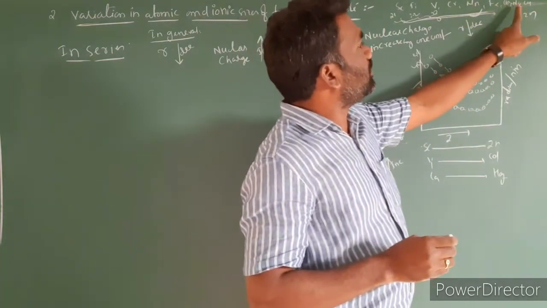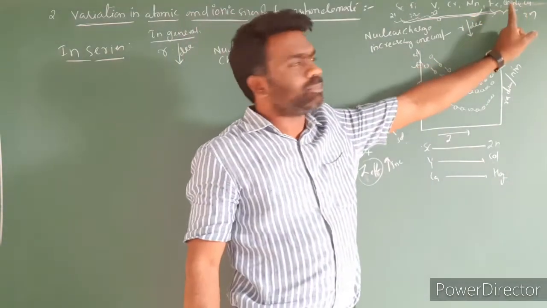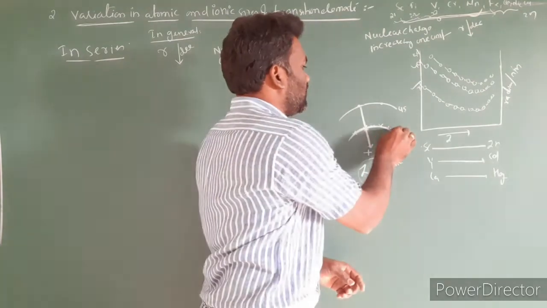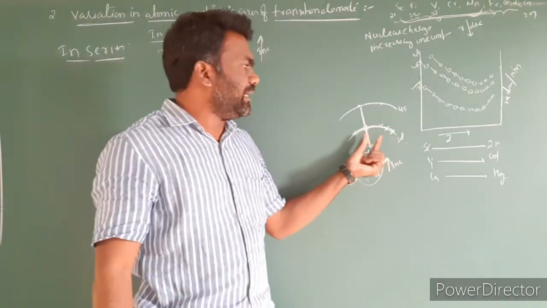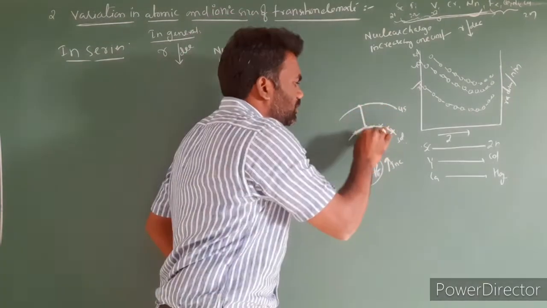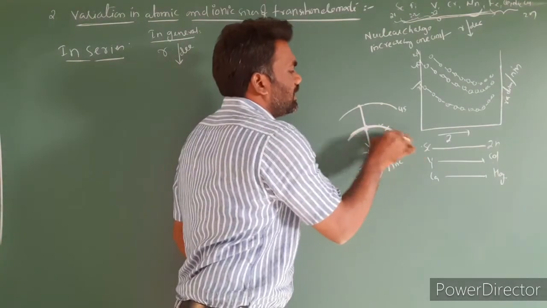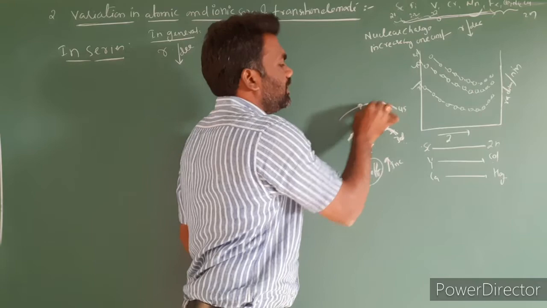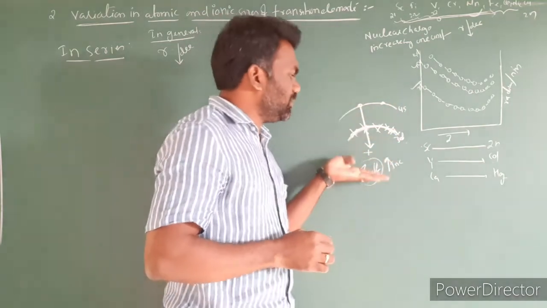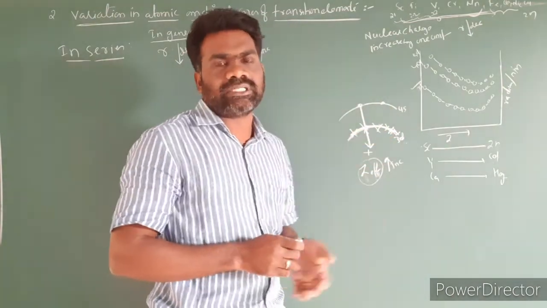Then iron, cobalt, and nickel, these three elements: nuclear charge increases up to these elements, and in addition, the repulsion from the number of electrons added also increases. There is a balance between the repulsion of electrons and the nucleus pulling the outermost electron towards the inside. The 3d electrons present in the inner shells repel the outer electrons, but the nucleus is pulling inside. So the nucleus is attracting, and these electrons are repelling. This is nothing but the shielding effect.